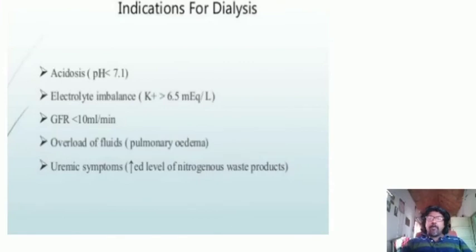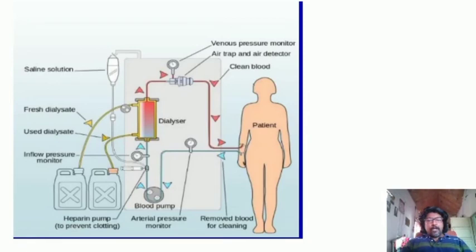The patients with the following indications: acidosis, pH lesser than 7.1. So this means the blood's imbalance, right? So pH value should be properly maintained. If the pH value of the blood is lesser than 7.1, or else if there is an electrolyte imbalance, if the GFR is lesser than 10 ml per minute, and if there is overflow of the fluids, so these are the indications which generally the doctors rely on for going for dialysis. I have one more block diagram in my next slide, there I will be explaining the functioning.